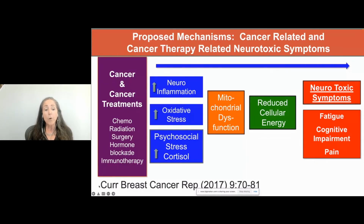They may be receiving hormone blockade if they have a hormone-driven cancer, changing the brain's hormonal milieu. And the newer immunotherapies cause extraordinarily high levels of inflammatory cytokines, both in the periphery and in the brain. So these are the insults that lead to increased neuroinflammation, increased oxidative stress in the brain, and then the psychosocial stresses of cancer, both the personal anxiety and the isolation and the changing relationships and the stress of the treatments,